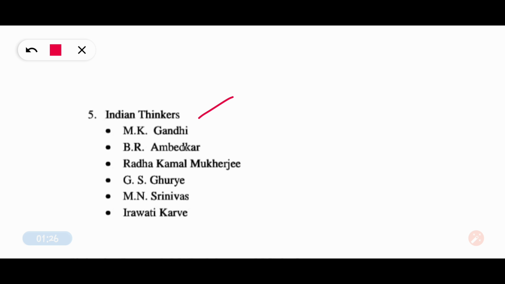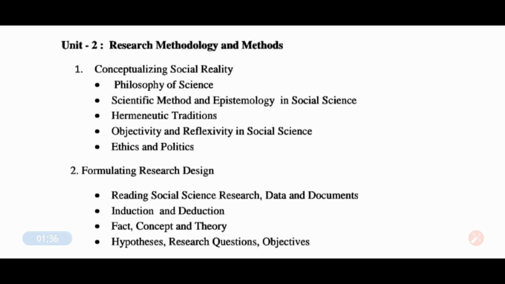So you see, the first module is basically about the thinkers and their theories. Alright, so now we will move on to the next module or the next unit. The next unit is about research methodology and methods, and here you will have to learn about conceptualizing social reality, philosophy of science, scientific method and epistemology in social science, hermeneutic tradition, objectivity and reflexivity in social science, ethics and politics. The second one is formulating research design, and here you will learn about reading social science research, data and